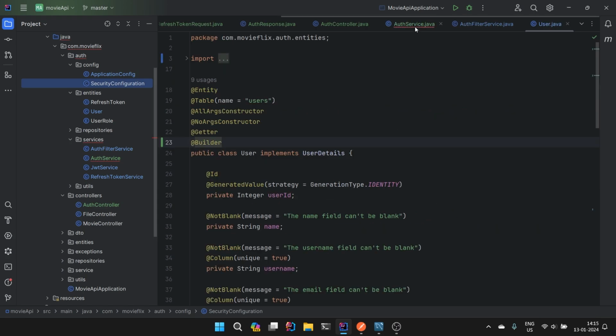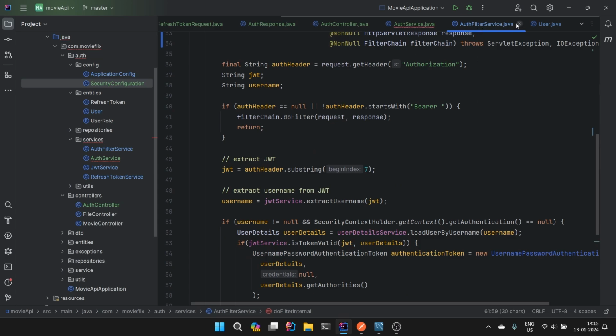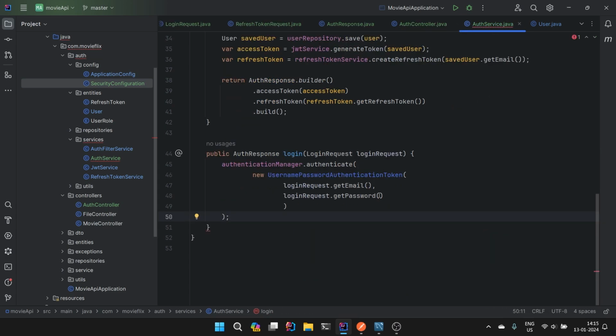So we just want to ensure the use of authentication manager is just to authenticate whether the request is right or not. And then, once the user gets authenticated, that okay, the credentials are right, then we need to generate the access token again,